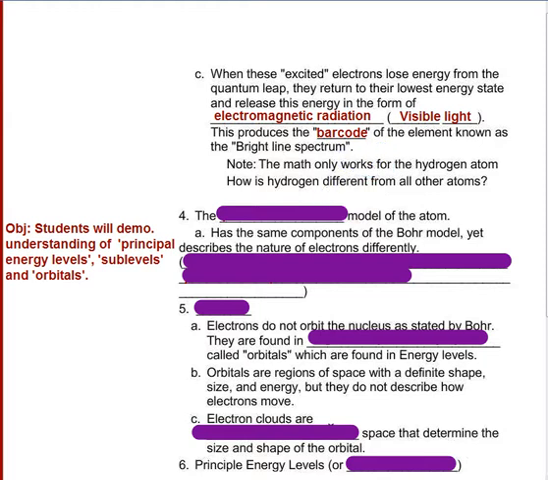Now, the problem here is the math that they do to figure out the energy levels and how much energy the electron gains by jumping up to a level, and then how much it releases by jumping down to another level. The math only works for the hydrogen atom. Okay, and why is hydrogen different from all of the other atoms? It only has one